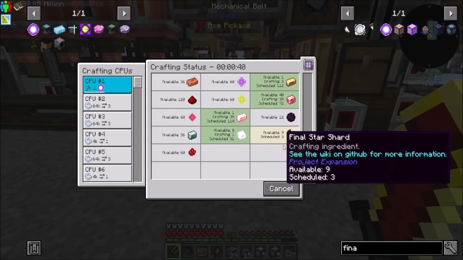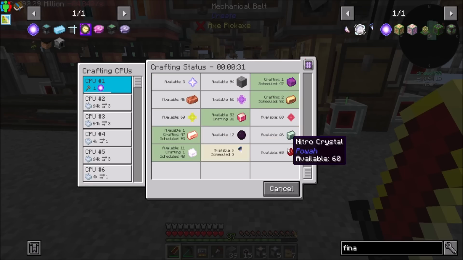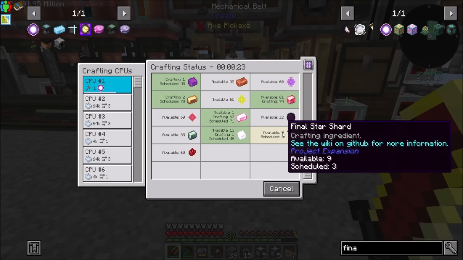Cool. And remember, final shards take a minute or two. You know, if I wanted to, I could add that keep in stock thing to the final shards, and that might not be a terrible idea. Like, always keep 12 in stock or something. But at this point,